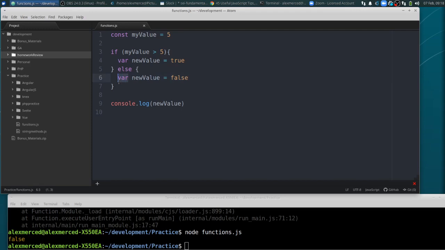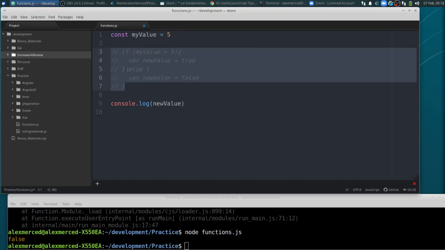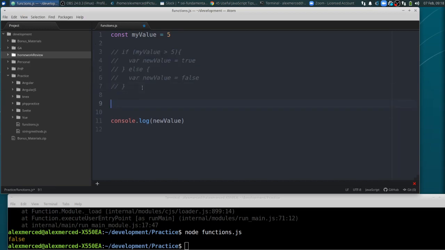Without having to pre-declare the variable as a let ahead of time, because I'm only assigning it once, I'd rather it be a const. Without having to use the old school var, how can I pull this off? Well, let me comment this out, and we'll do the same thing using the ternary operator. The ternary operator helps you get over that scoping issue. So now I can do const new value equals, I put my expression, my value's greater than 5, and then I use a ternary operator, which means I put a question mark, which means it's going to evaluate this as either true or false,